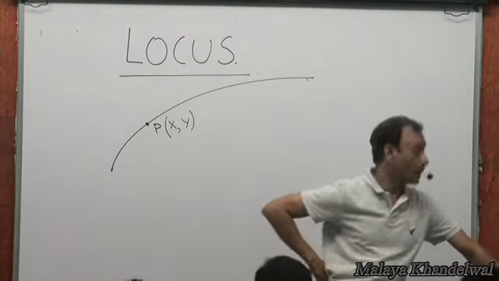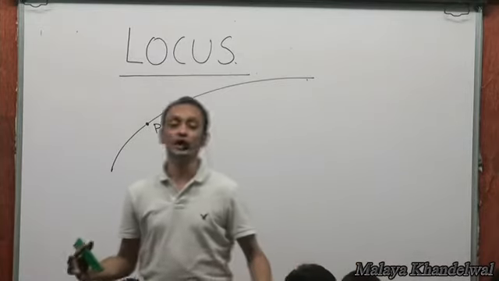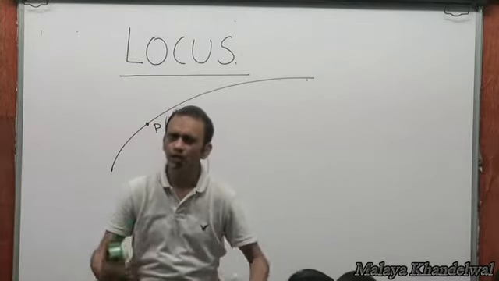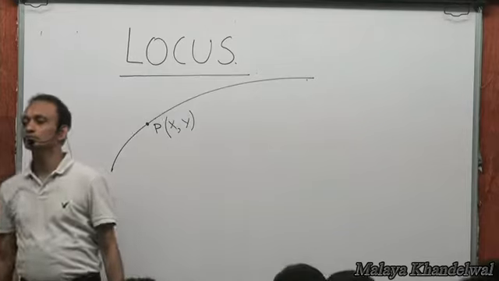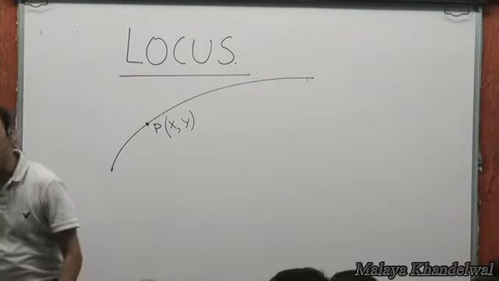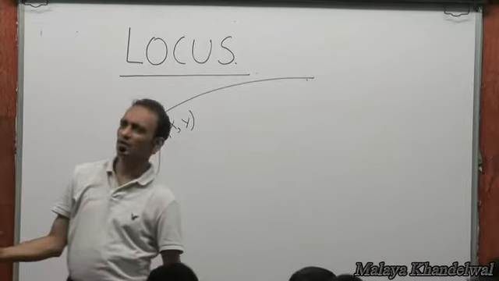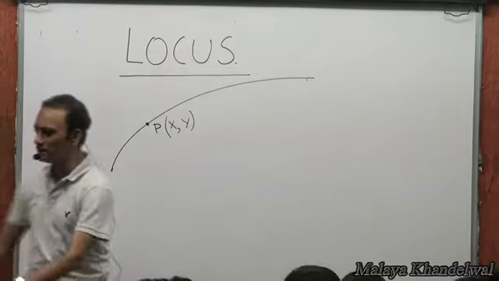Right? Now, my attempt would be to give you a preliminary idea on how to find the equation of the locus. Yeah. Locus is a path. Trajectory is also a path. Locus, focus, hocus, mumbo jumbo. All same. Right?